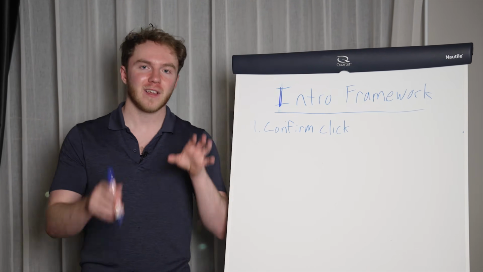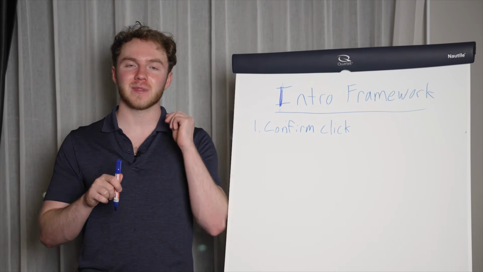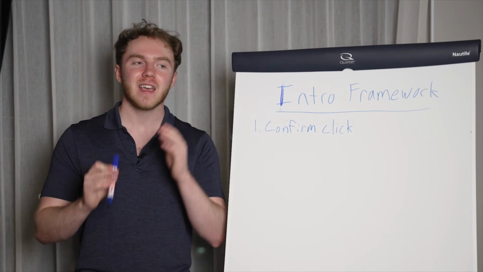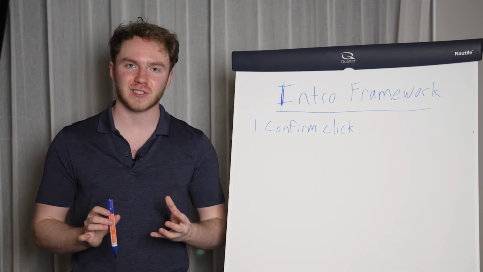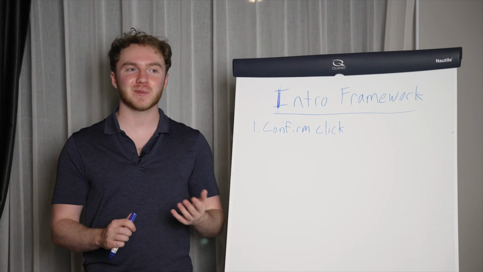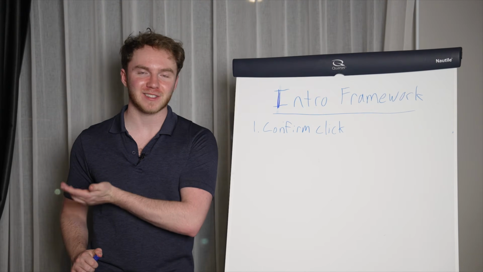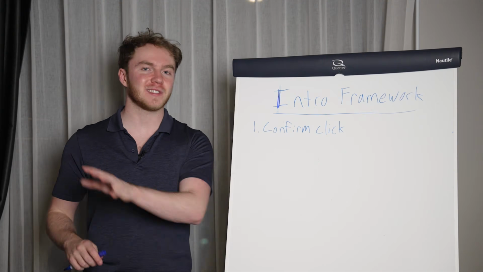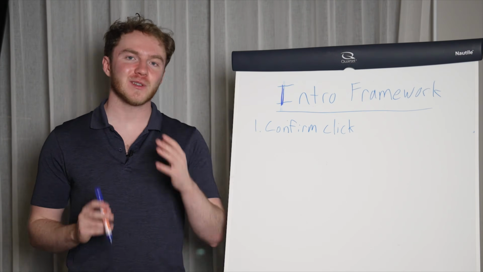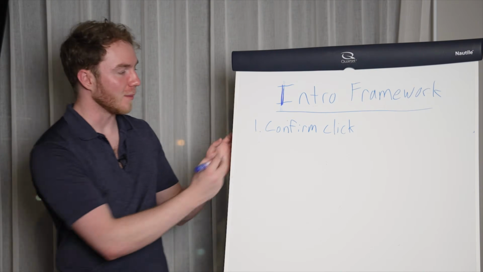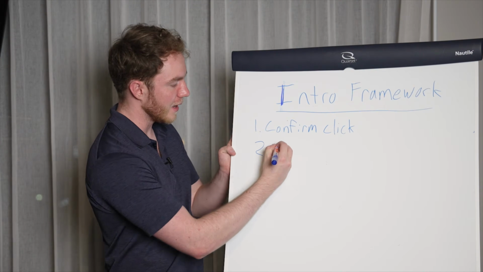Because think about it. They clicked on the title and they expect something similar to that because that's what they clicked on, and then you give them that exact thing and it gives them a hit of satisfaction. Whereas if you don't do that, most people leave in the first 5 seconds, and the reason why is because they think the video is not what they clicked on, right? So you can counteract that and essentially get way more people to stay past the first 5 seconds. This gives the brain a huge hit of dopamine, which is what YouTube is all about, and that brings us to number 2, which is credibility.